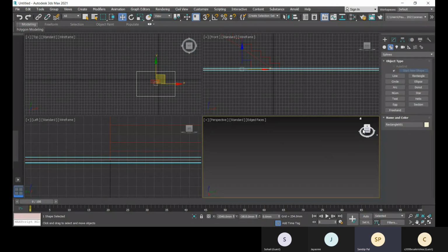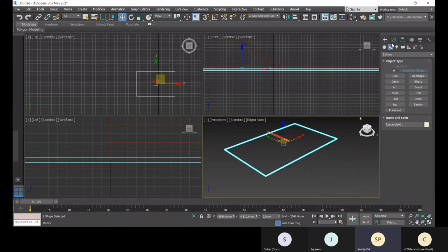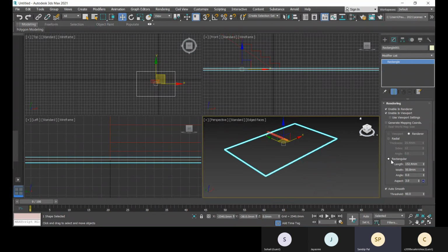Again go to this modifying option and in the rectangular, set what will be the width and what will be the length. So that is 250.